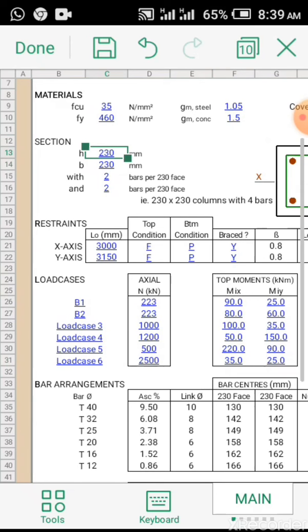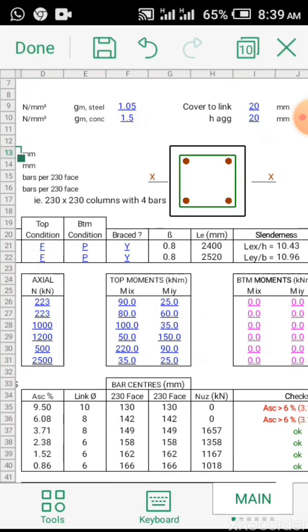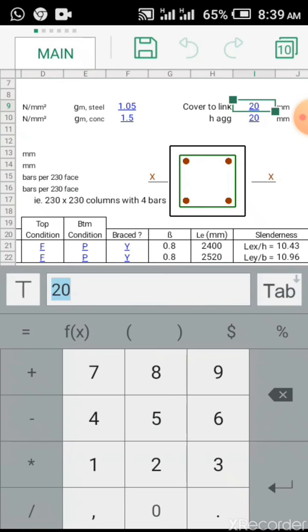The FCU, the FY, you can change your concrete cover. They are all editable. If you have been following, we have gone through this before on our slab and on our beam. You just click on it, you click on edit. If you want to change this to, let's say, 25, your concrete cover,